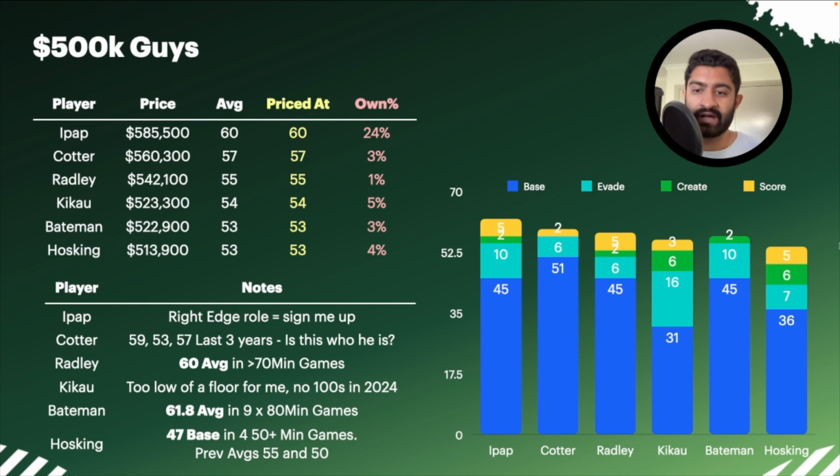And I just wanted to quickly call out Hosking here because I saw him in a little bit of teams as well. 53 average from last year. Look, historically he's someone who's been pretty consistent, previous averages of 55 and 50. He does feel like someone who's going to be this early 50s averaging player. I think people are looking at him though because he started last year on fire. He had like a 97 and I think 105, but he scored a try in each of those games